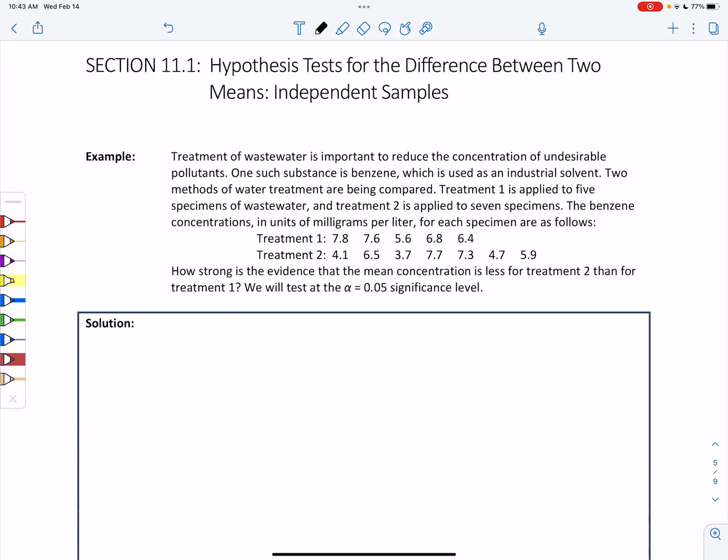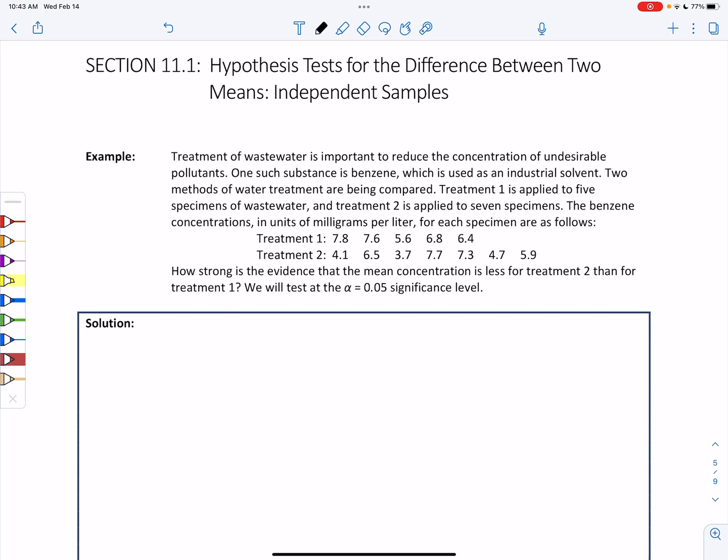In our second example, instead of being given the sample statistics, mean and standard deviation and sample size, we are given the actual data values. Now again, we have two independent groups. We're looking at wastewater treatment, and we have two different treatment plans, basically looking at different concentrations being used of the substance benzene. So we have our treatment 1 group, we have our treatment 2 group, again, two separate groups,